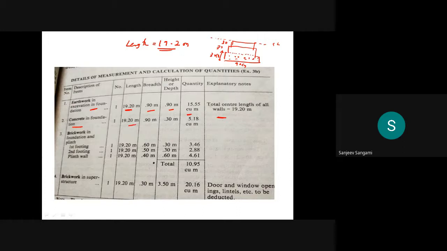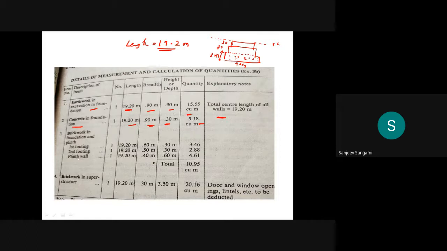It will be same. Then breadth, that is 90 centimeters. You convert that into meters. It will be 0.9 meters. Then you have the height, that is 30. So then multiply LBH, that you will get 5.18 meters. So then